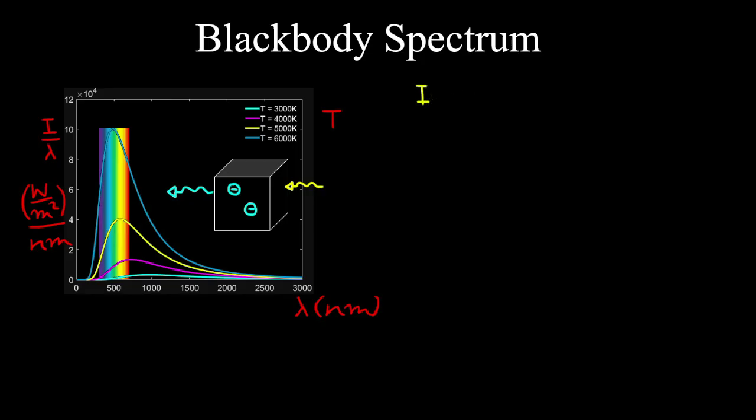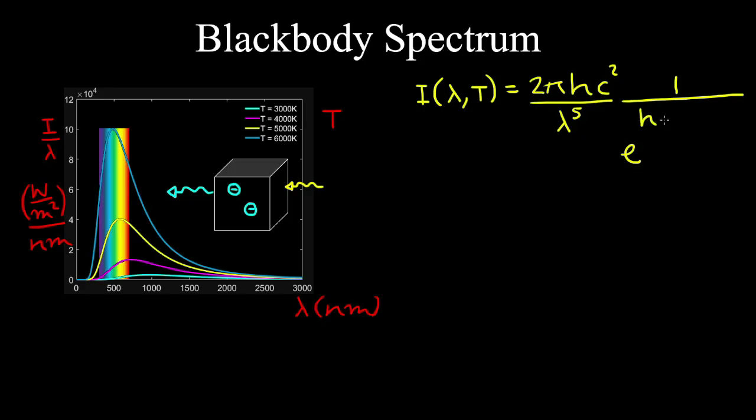So without going into the quantum mechanics, this is Planck's blackbody radiation law, which takes the intensity per unit wavelength as a function of the wavelength and temperature. And that's equal to 2 pi by Planck's constant by the square of the speed of light over the wavelength of light to the power of 5, and that's multiplied by the reciprocal of e to the power of Planck's constant by the speed of light on the wavelength of light by Boltzmann's constant by the temperature of the black body, minus 1.